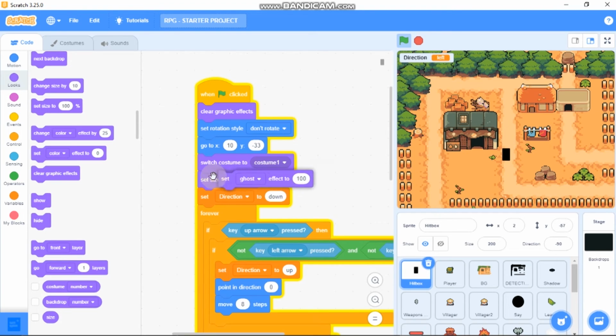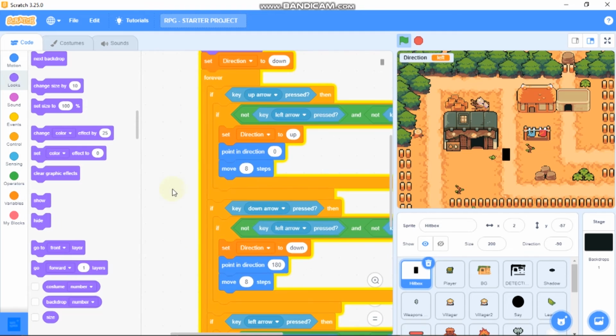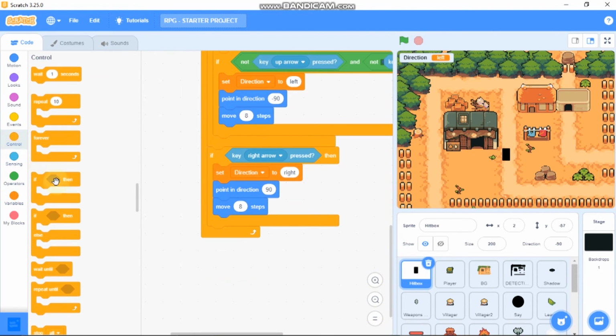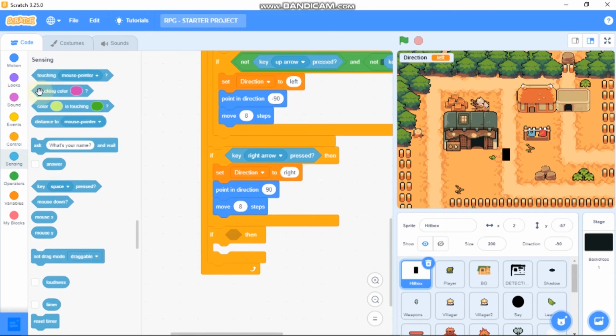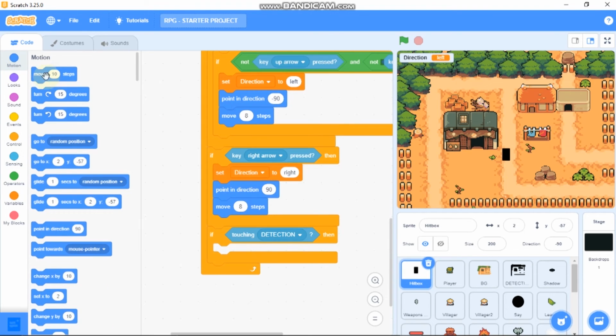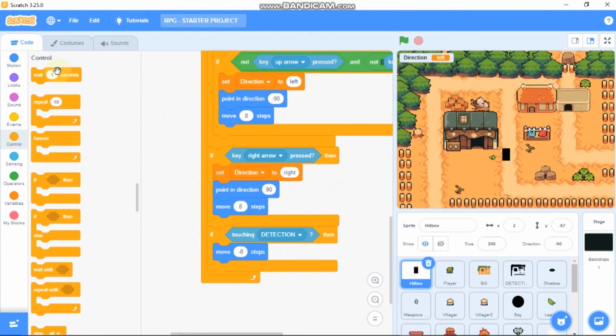So for that, grab the set ghost effect again and scroll all the way down and grab this if touching detection. Then we need to move -8 steps. And finally, we need to add a small delay of 0.1 seconds.